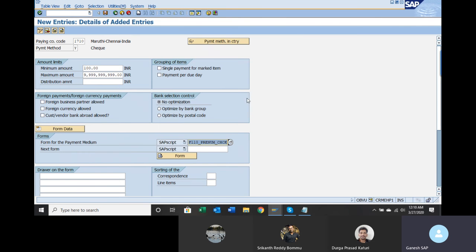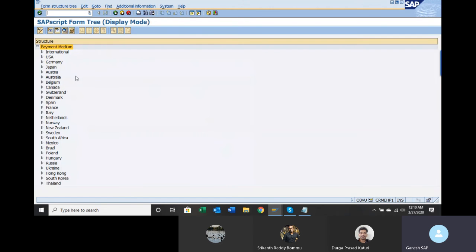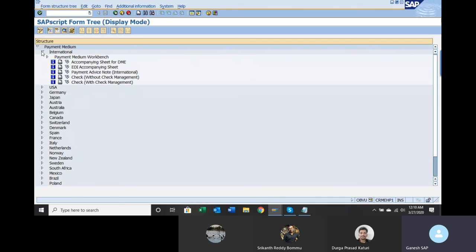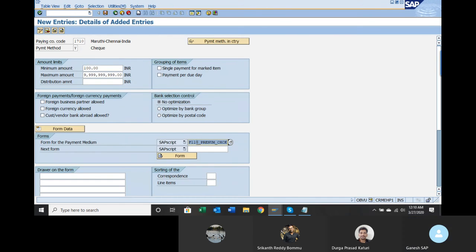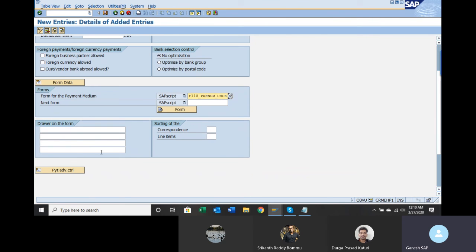So you can go to international. Otherwise, you can remember that international, you can see check with check management. So this is the form name to create check. Okay. In previous screen, we have given the program name to create the check. So this is the form that will be used for printing the check. Okay. But it is not a program. This is just a form.